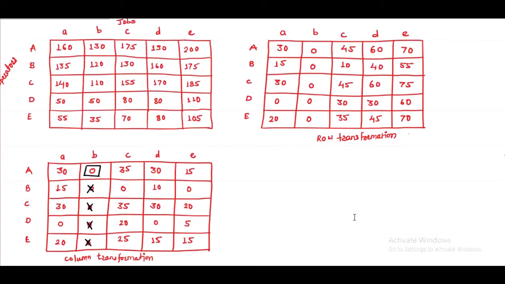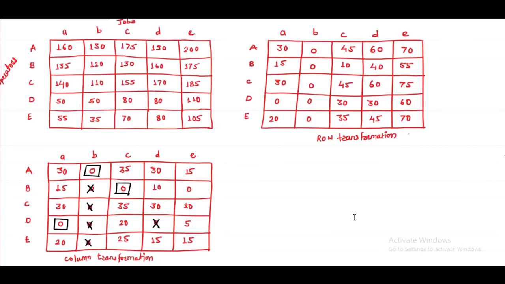So in the first column only one 0 is there, so we can draw a square around that particular 0, and now we have to check whether any 0 is available in this particular row. Another 0 is available, so we have to draw a cross on that particular 0. Now in the second column an assignment is already there, so go to the next column. In the third column only one 0 is available, so you can draw a square around that particular 0. Now we have to check whether any 0 is available in this particular row, that is the second row.